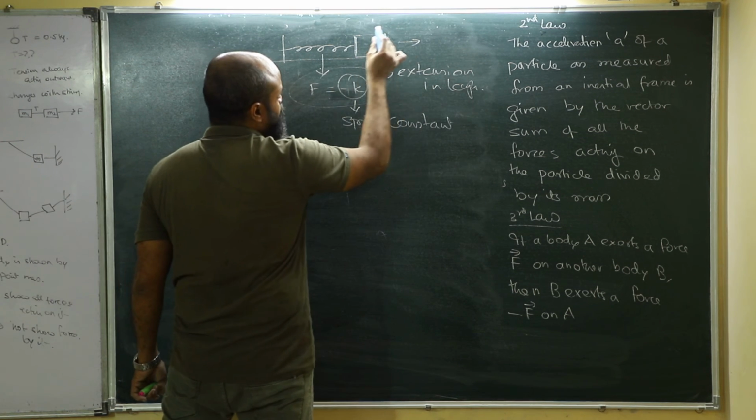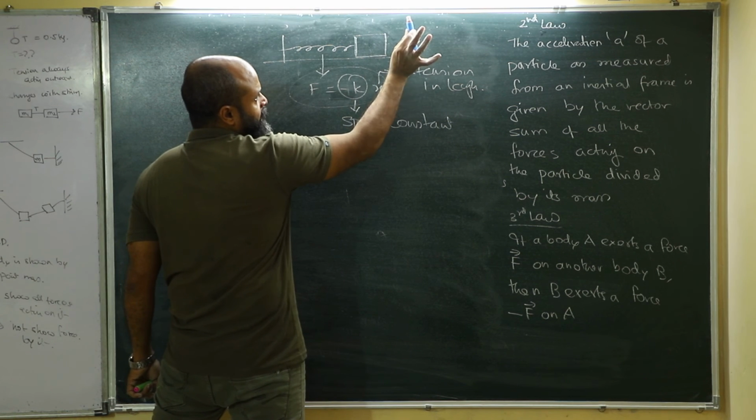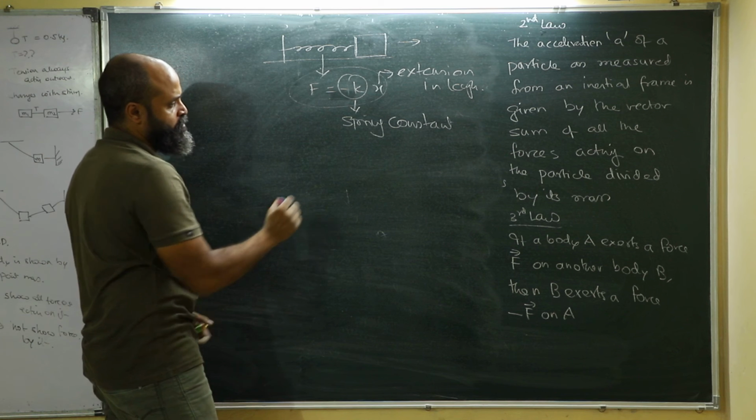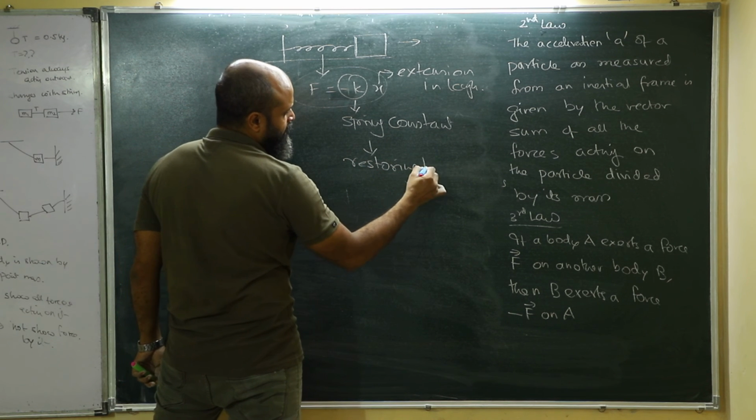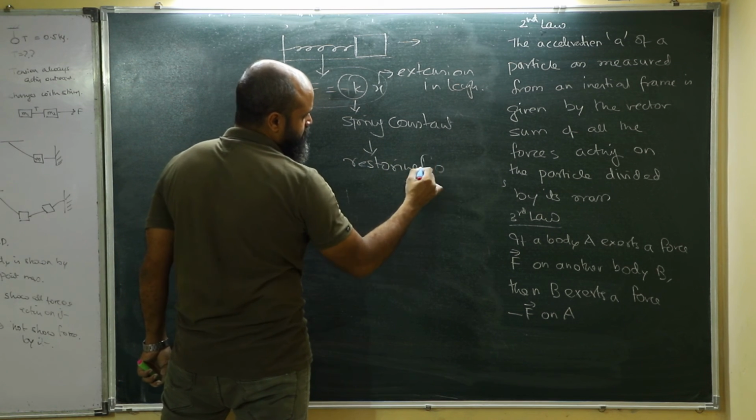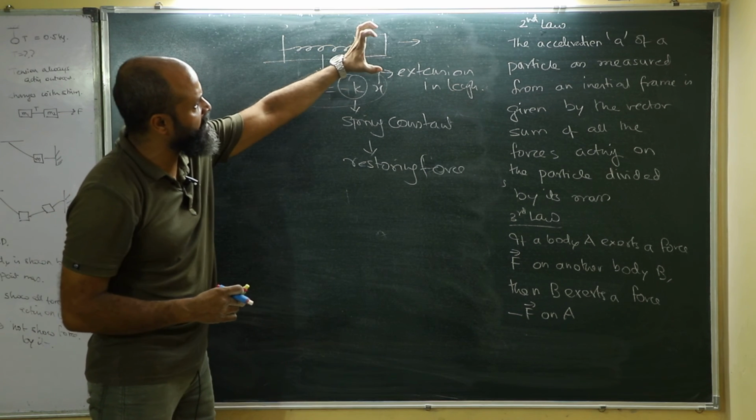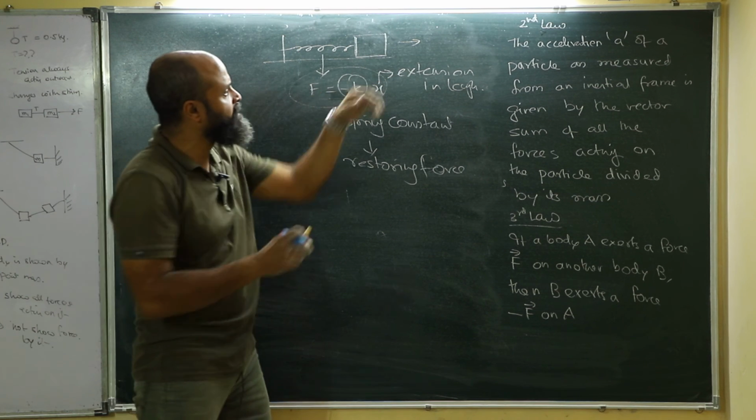So when I am pulling this body, there is a pull that is exerted this way as well. The moment I leave this body after pulling, it will come back. Why? Because there is a restoring force. When I have disturbed a body, because of its elasticity, there will be a restoring force which will pull the body back the moment this force is